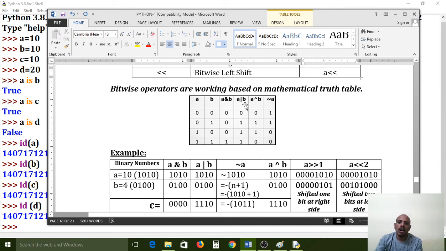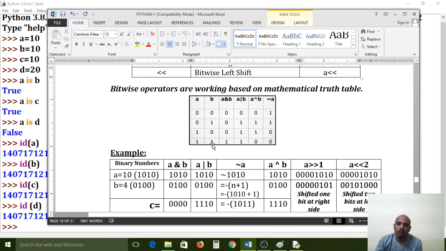A or B means any one bit should be true, otherwise it is false. Here both bits are false, so it is false. Here A bit false and B bit true, any one bit is true, so it is true. Here A bit is true and B bit is false, any one is true, so it is true.